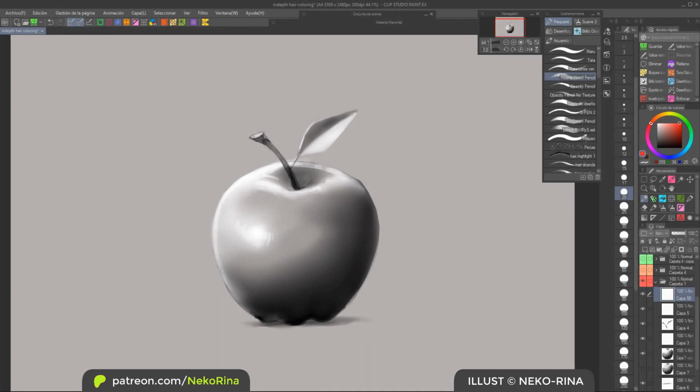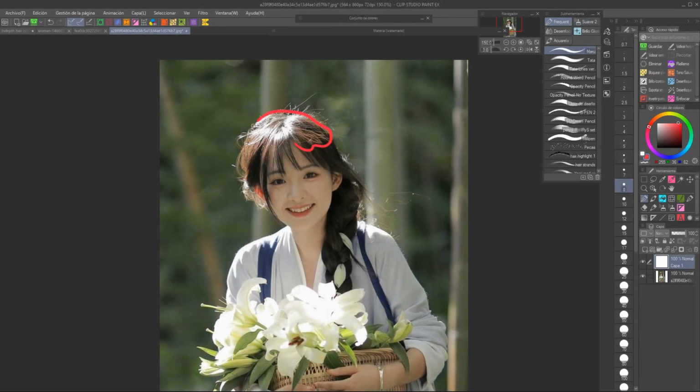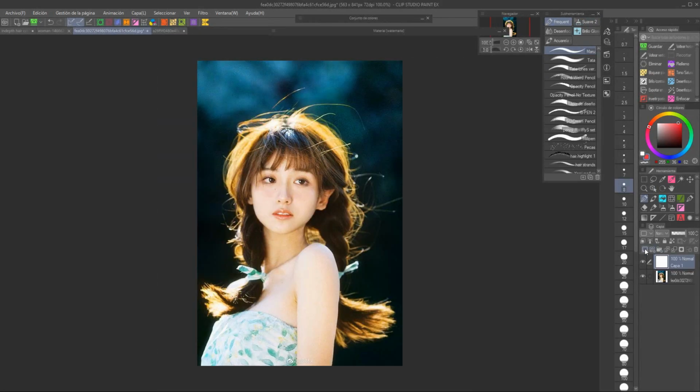But as I'm sure you know, everything we see in life, we're able to see it and distinguish its shapes because light falls onto it and it creates a lighter spot and a darker one, right? In other words, we see things because there is light and there's the absence of light. Well, right now we don't need much more to start coloring hair because that's what you need to focus on, defining where you want the main light parts and the main shadow parts. For this, I always recommend looking at references and studying from them.